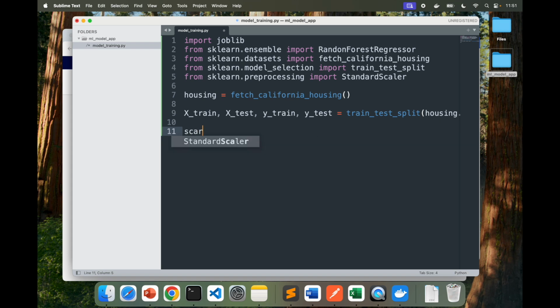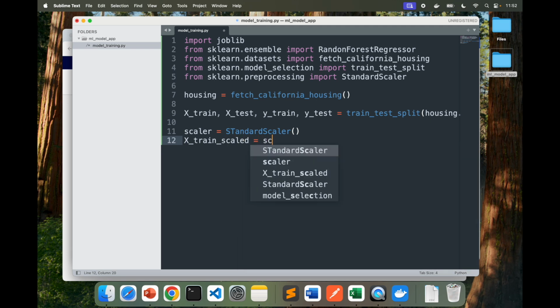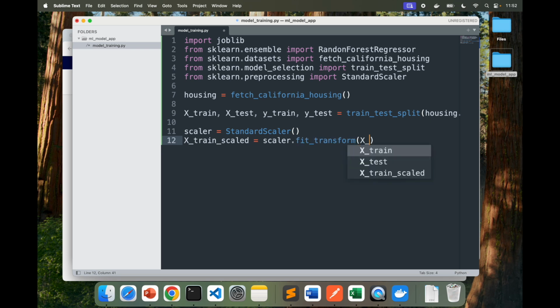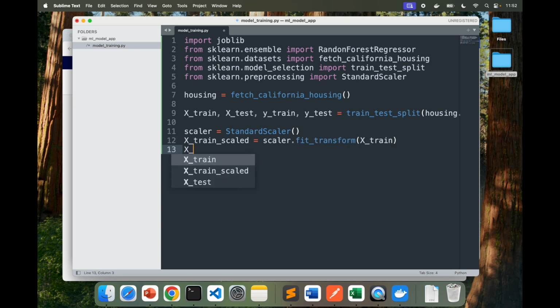For that, I'm going to use scaler = StandardScaler(), and I'll also do the other steps: X_train_scaled = scaler.fit_transform(X_train), passing that there, and X_test_scaled = scaler.transform(X_test), passing X_test to it.